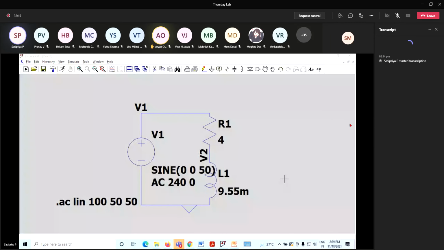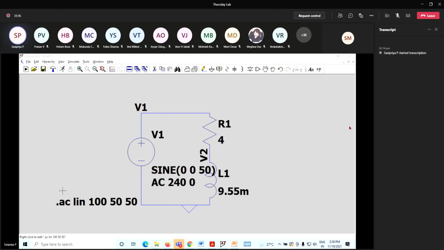As per the given question, you are asked to calculate the current flowing through the circuit and the phase angle difference between the voltage and current, and you are asked to draw the phasor diagram also. All these values we got through the AC analysis itself. But in AC analysis, because of the reference direction, you may have a magnitude problem. You may have a problem with the sign. So now, using transient analysis, let us verify that.